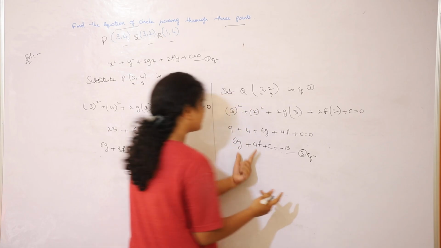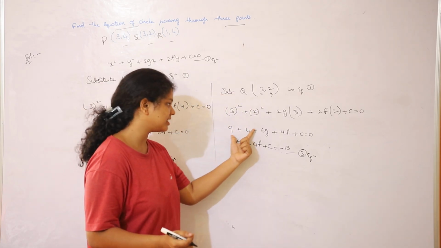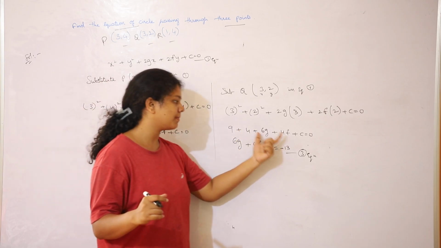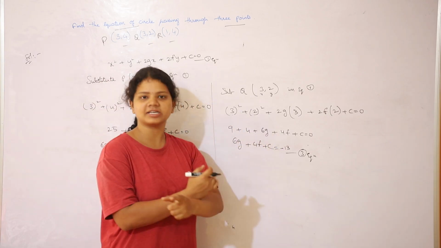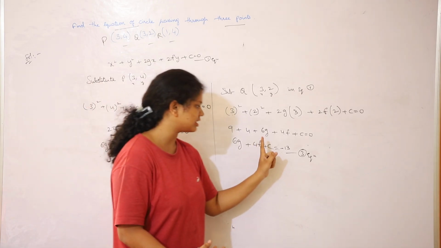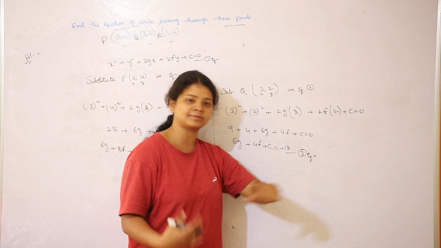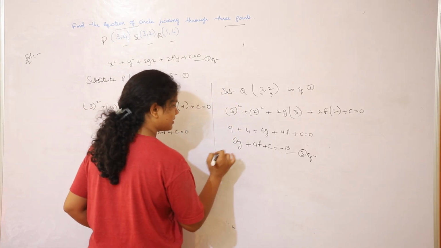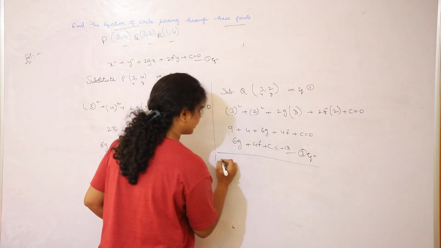Guys, remember, if I transpose this plus 13 to the other side, it becomes minus 13. Let's say you transpose a multiplication sign to the other side, it becomes division. We'll evaluate that process later, but these are a few basic rules in math, so remember them. Now let's go for the next one.